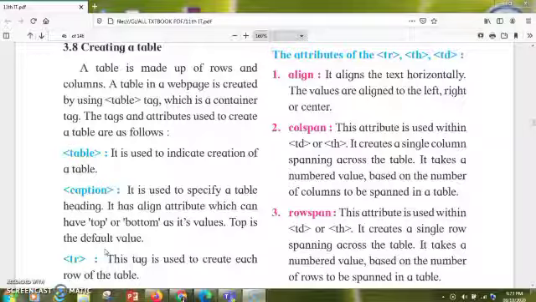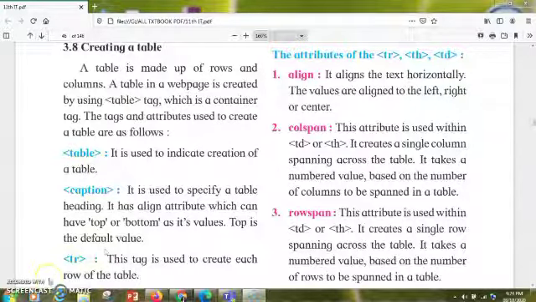So what is column span and what is row span? Basically these are the attributes of td and th tag. You can use column span and row span attributes only inside your th tag and td tag. Whenever you want to span 2 columns or 3 columns into a single column, then only we can use a column span. And if you want to span so many rows into a single row, then it is called as row span. You just have to give the value in numbers, how many rows or columns you want to span.